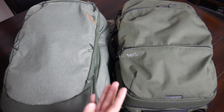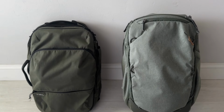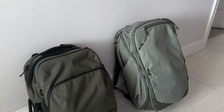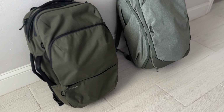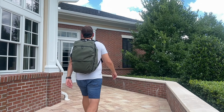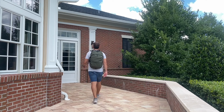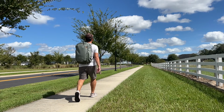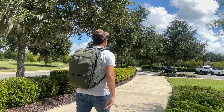Starting off with the overall aesthetic, the bags have a pretty different style. Pakt has a more minimal, subdued appearance, whereas Peak Design has a really flashy, modern, techie vibe. I really like the look of both of these, and I think which one works better for you is going to come down to personal preference, of course. But when I'm traveling, I tend to prefer a bag that's a little bit more subdued. Like Pakt's backpack, I feel like it just helps me blend in a little bit better into a variety of environments, whereas Peak Design's bag looks great. It also just feels and looks a little bit more expensive in my opinion. So depending on where you're traveling, that might be something you'll want to consider, but regardless, I have enjoyed using